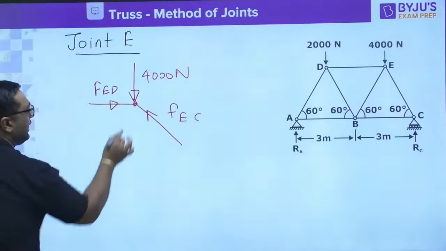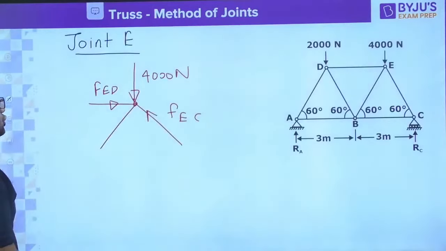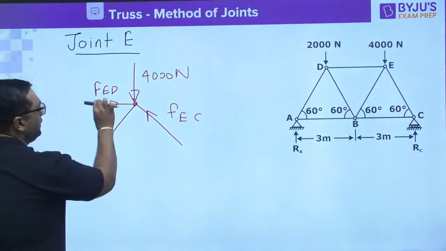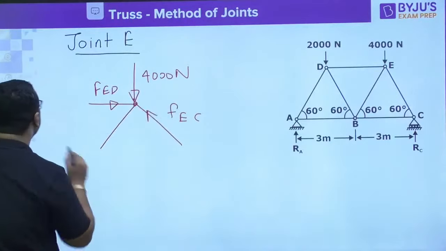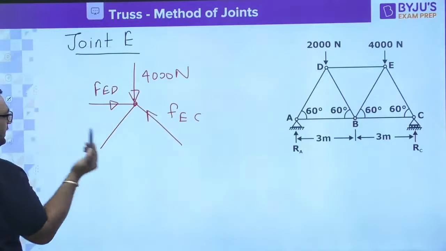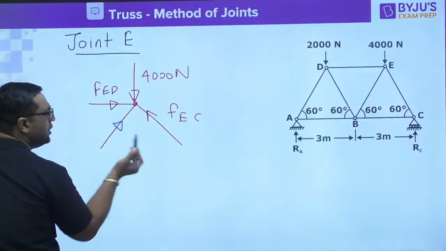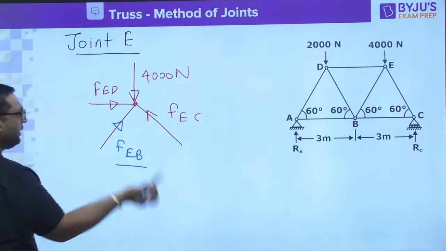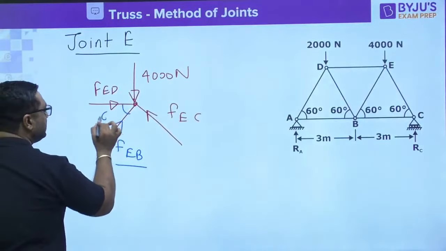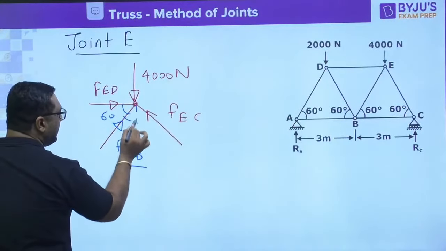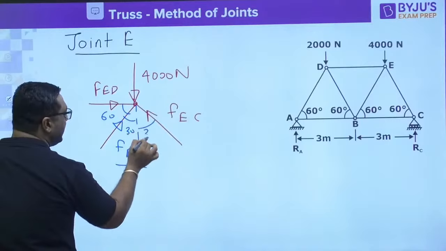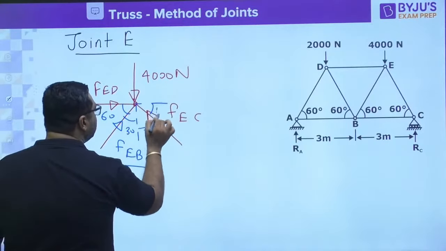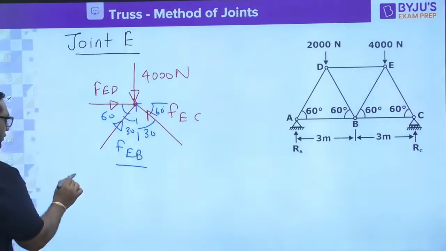Now my dear, we are left with this one. So you know, this is horizontal force. To balance this, here it is coming. So we need to assume arbitrarily, we don't know whether it is correct or not. So we will assume this as FEB. If it would be wrong, it would be coming out to be negative. This angle is 60. This angle is 30. This angle is 30. This is 60. So my dear, you will be going for,